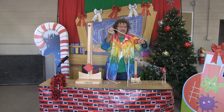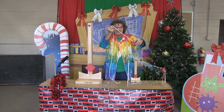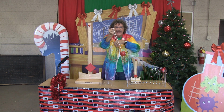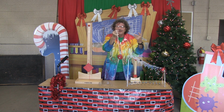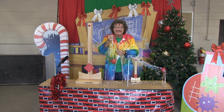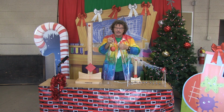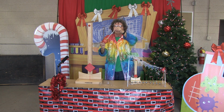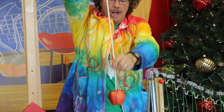But here's what Galileo discovered: when you displace a pendulum, displacement means how far off the center. So if I just put it like this, that's its period. And if I even displace it more, like way up here, the period is the same. Even if I double the mass, the period's the same. What he discovered is the way to change the rate of a pendulum has to do with the length of the cord. So if I have a short cord, we have a quick period. If I have a long cord,